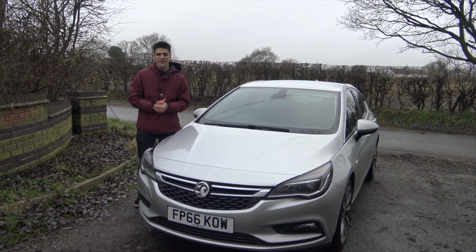Now the model I have beside me is the 2016 Vauxhall Astra with the one...